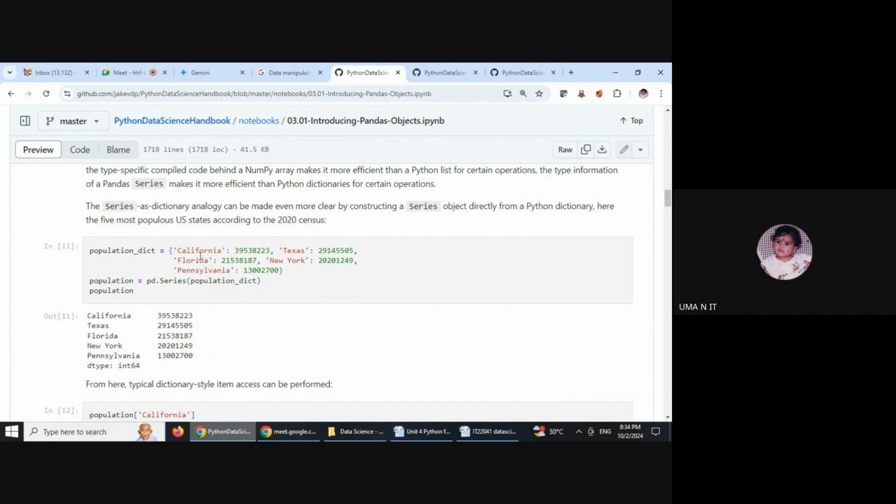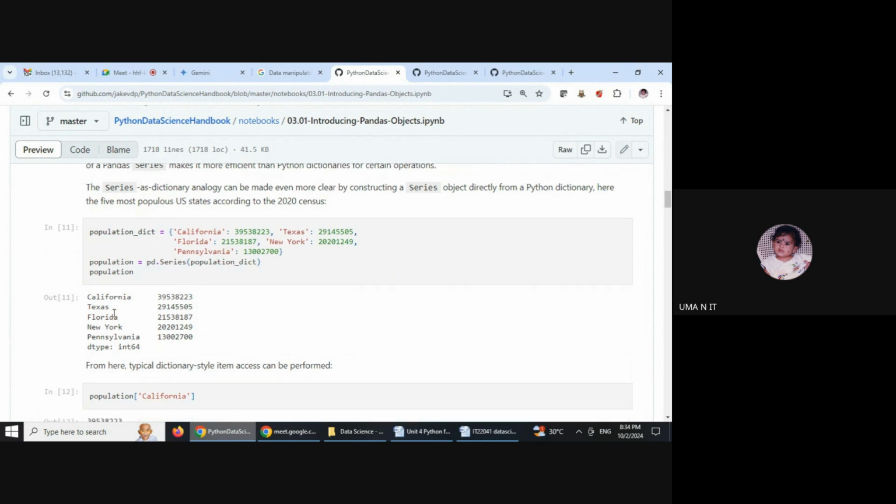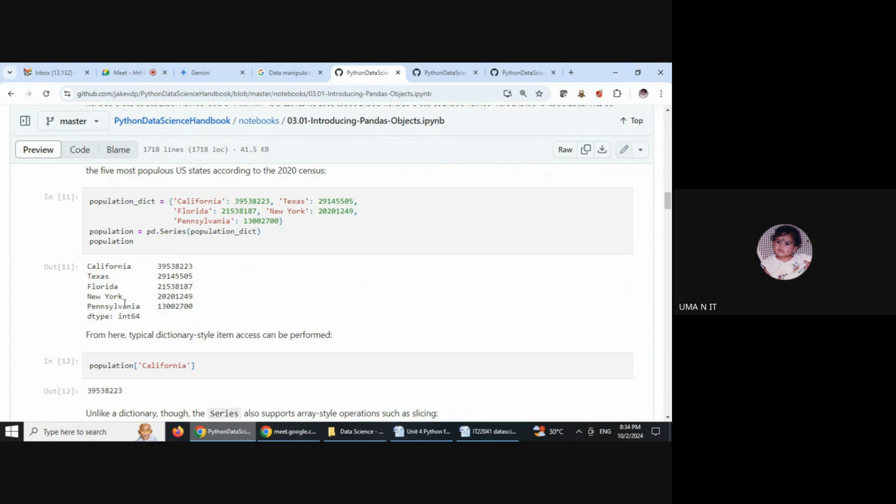Population dict is equal to some key-value pairs, and that population dict can be converted into a pandas Series in a variable population. While printing it, your keys will be fixed as indices, and the values will be fixed as the data of your array. So this is how we can take dictionaries as pandas Series also.